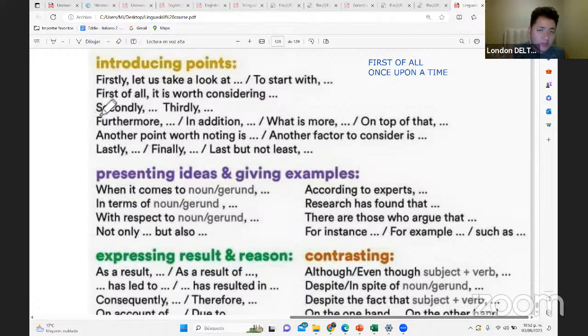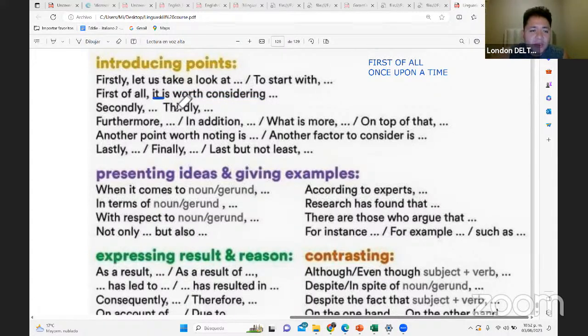First of all, eso es lo que les decía, ¿verdad? Para comenzar, o primero que todo, o primero que nada, no sé cómo lo quieran ustedes. First of all, esto es como opcional. Esto realmente no es necesario.